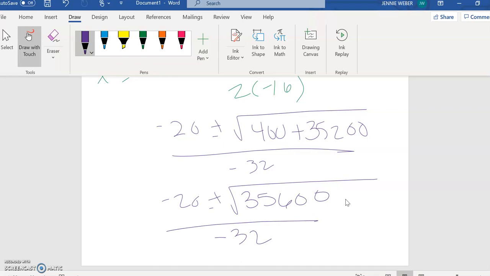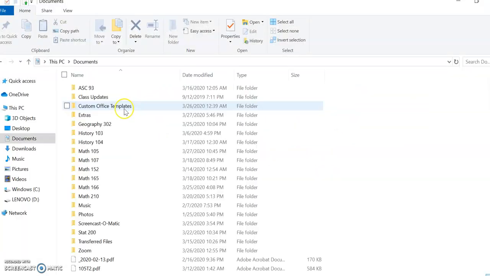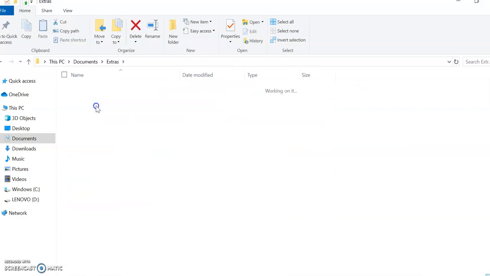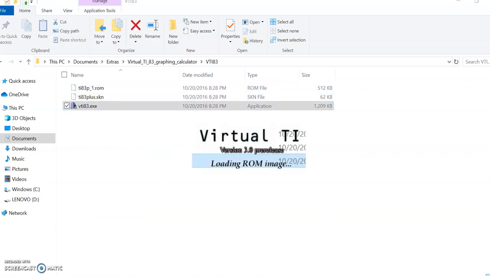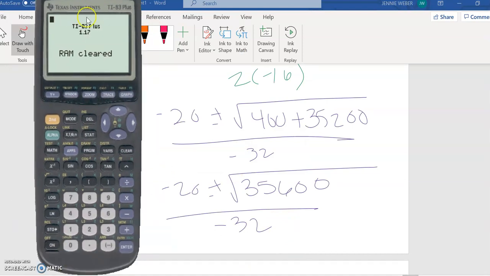Now at this point, I'm going to get out my calculator because we have to crunch through both of these. It's going to be easier if I just get the calculator out and show you. And this is where order of operations absolutely matters. You need to make sure that you're following along. So I'm going to start with the positive first, under the radical. So I'm going to do square root of 35,600. And then I'm going to do negative 20 plus, and I'm going to use my answer button,